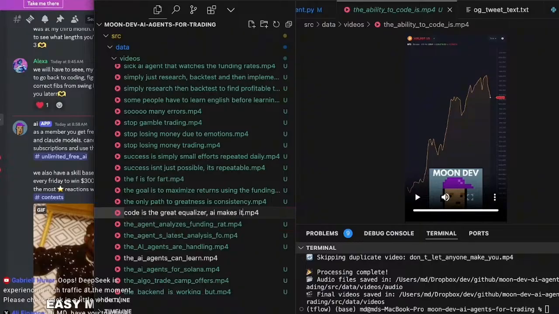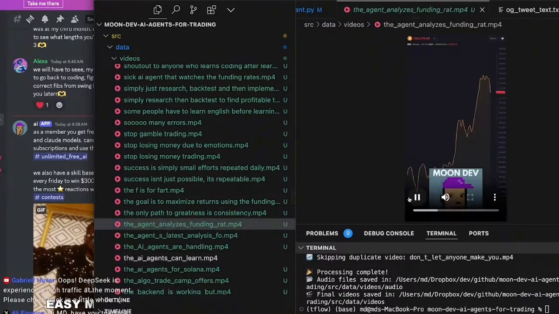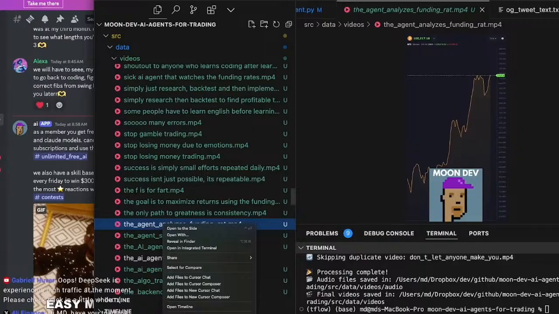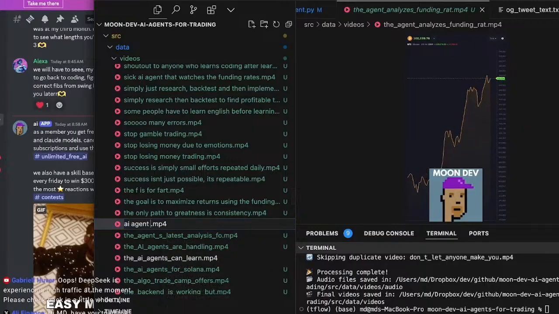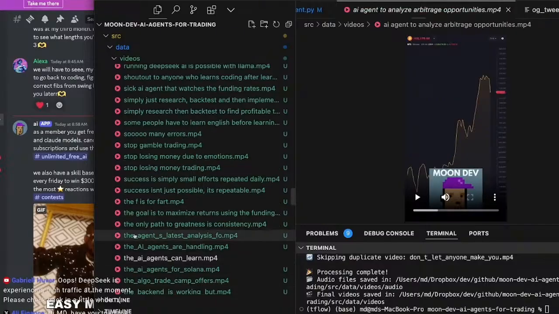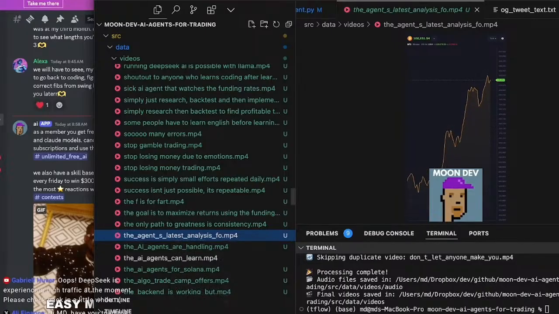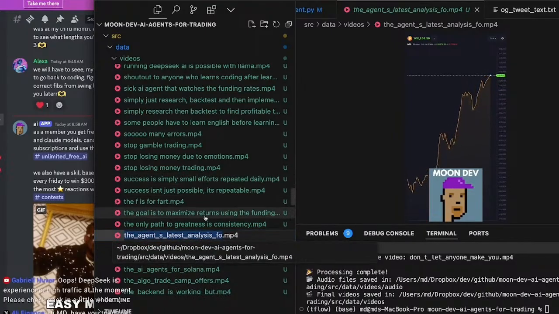AI makes it easier. The agent analyzes funding rates and suggests arbitrage trades when the funding rate is high and stable, indicating a profitable opportunity. Analyze arbitrage opportunities. Okay. The agent's latest analysis found a 17.418% annualized funding rate on Fcoin, suggesting